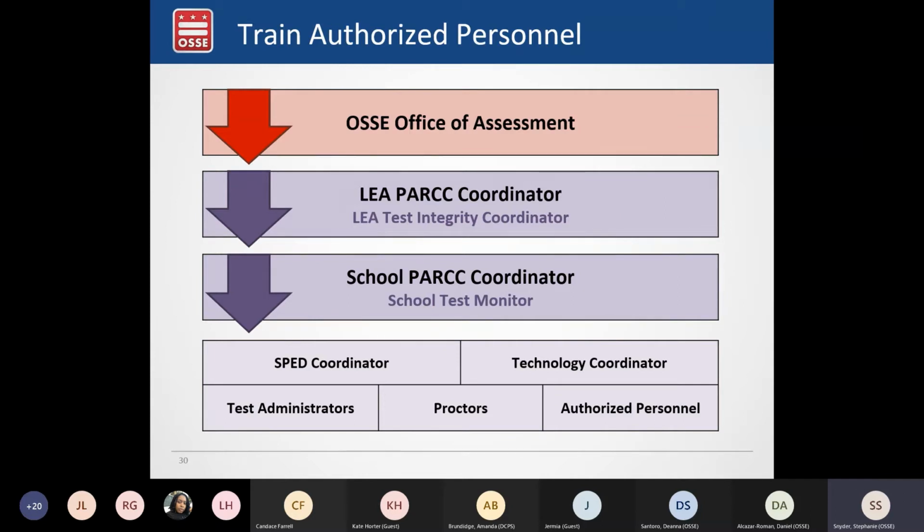But whatever model works best for your schools and your LEA is acceptable. And again, you're welcome to use any of the slides in this presentation, in the test security modules presentations, to help build your training for your schools.